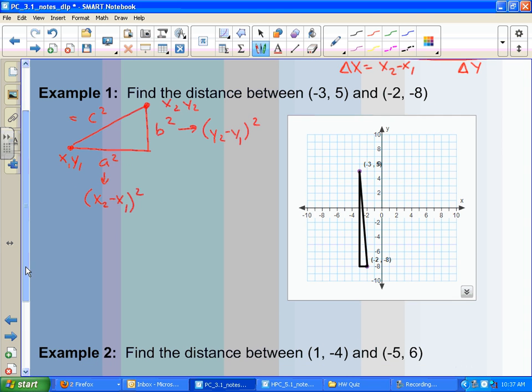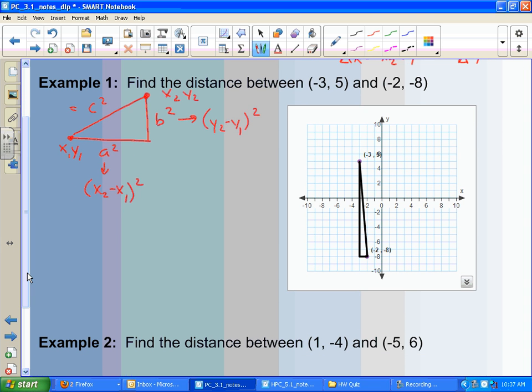So we apply that principle here. Now, does it matter which one I call x1, y1 and which x2, y2? Is that important? No, some of you are shaking your heads no. So this one could be x1, y1, and this one could be x2, y2, or I can flip them. What will matter though? What's a no-no? If you have